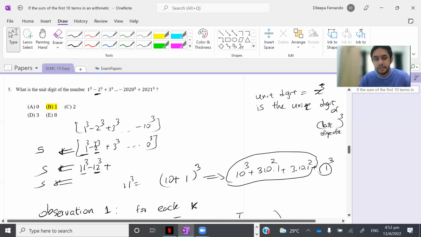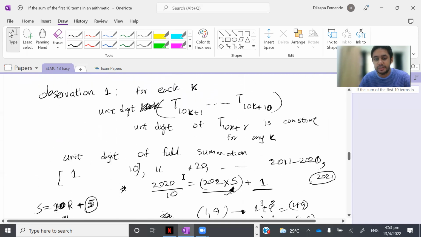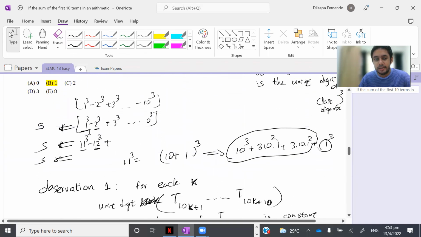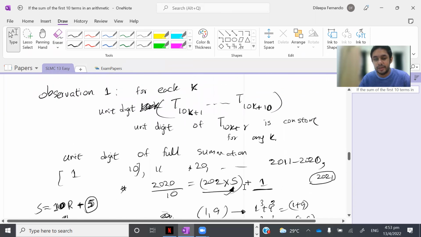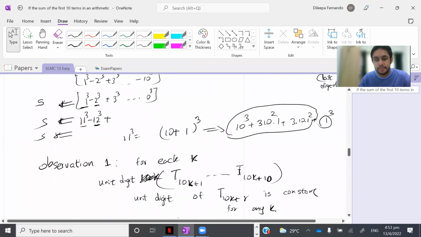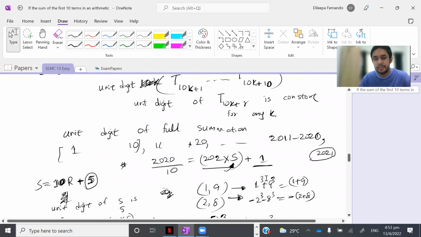And then we figured out how many such summations there are. There are 202 summations, and after all this, you have the last term as well, and its unit digit as well. And then we were going to figure out the unit digit of one summation, and we considered the